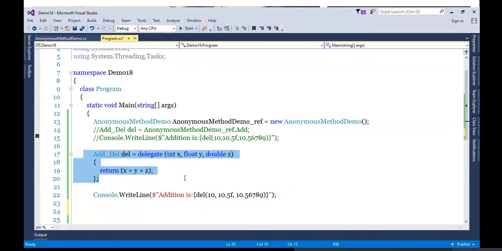Anonymous method is a method which will invoke the method definition directly, the method body directly. So instead of writing the name of a method and invoking it, one shortcut is provided. Directly provide the definition and attach that definition with delegate reference. Using anonymous method, this is possible.